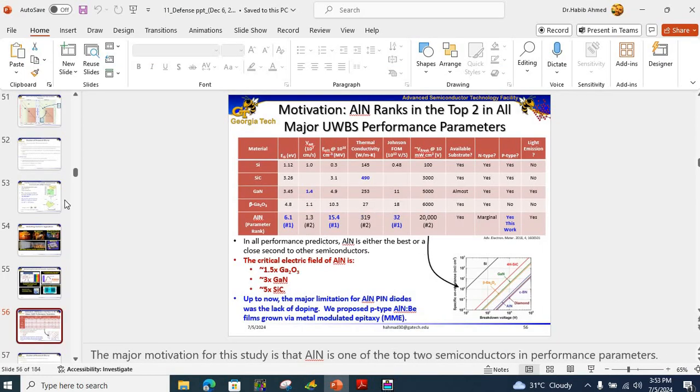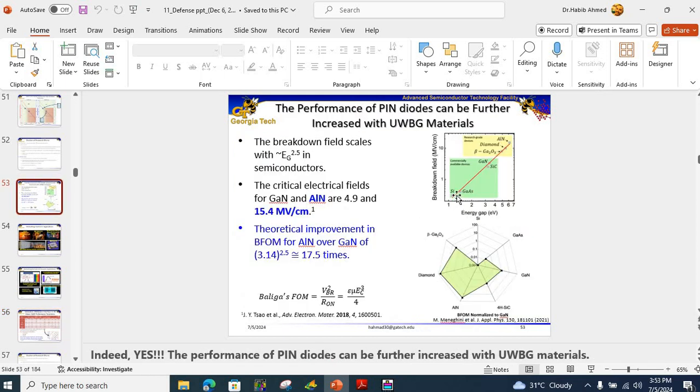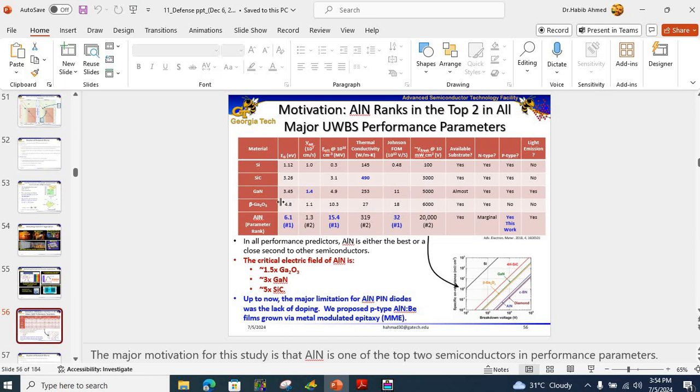Aluminum nitride is a wide bandgap material. Its bandgap is approximately 6.2 electron volts, and it's much wider as compared to contemporary materials such as gallium nitride, gallium oxide, silicon carbide, etc. Also, here is a table comparing different wide bandgap materials. In terms of semiconductor performance parameters, aluminum nitride is either the best or second best as compared to other